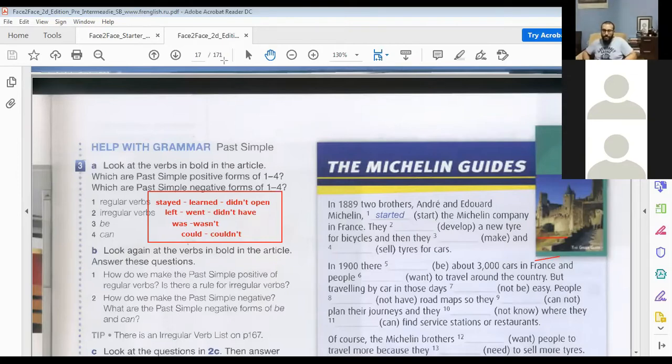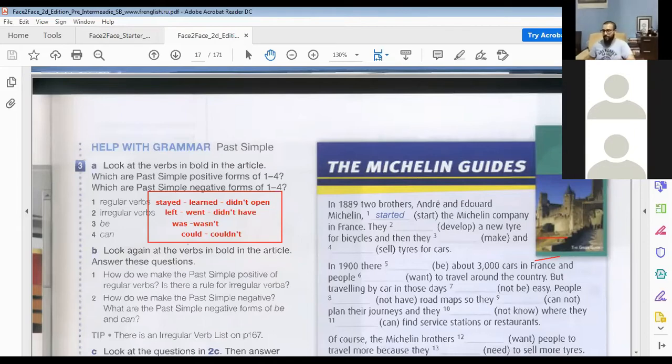But sometimes we also add just d, and ied, like study, studied, if the word ends with y. So sometimes we add ed, sometimes we add ied. In which words do we add only d? Words which end with e. Yes, correct. In words which end with e, we just add d, right? So in general, we add d or ed or ied.